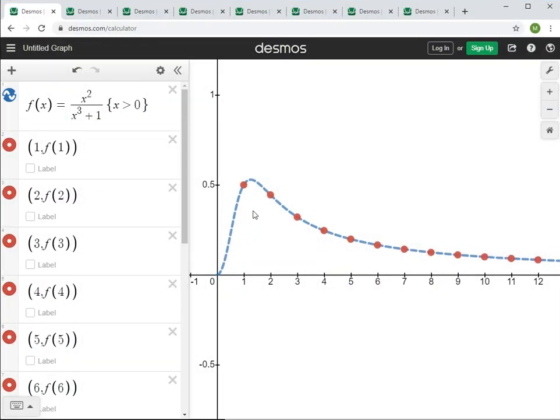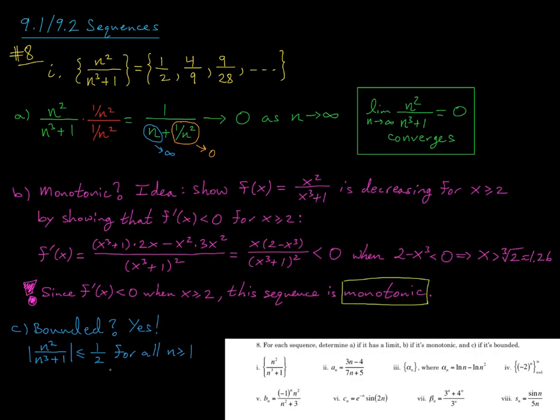Why? Well, because we are a non-negative sequence, right? All the terms live above the x-axis, and we're monotonically decreasing. So this very first term is an upper bound for the entire sequence. Okay, so this is a bounded sequence. All right, great. Moving on then to